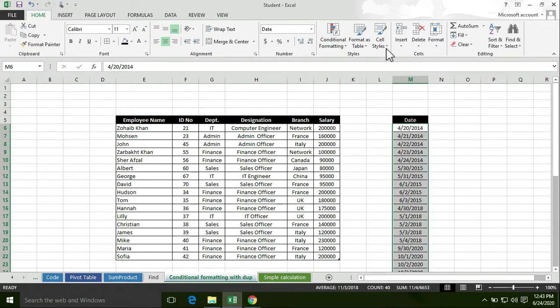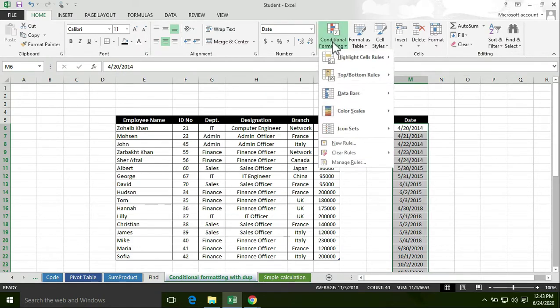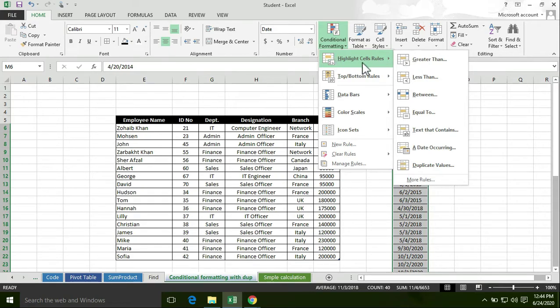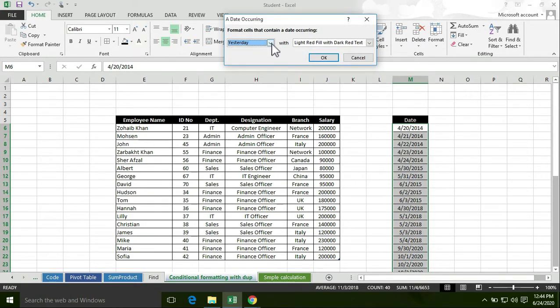Now I want to apply another rule. First of all, select this whole range of cells, then click on conditional formatting, then select highlight cell rules. Now we have the option date occurring. Now this time I'm going to find the records of this month. Click on OK, but select the format.